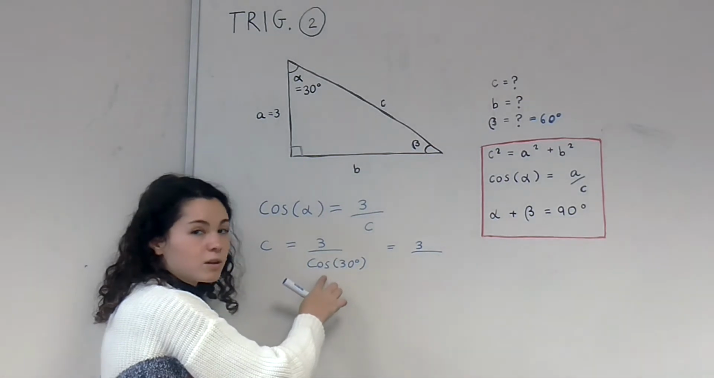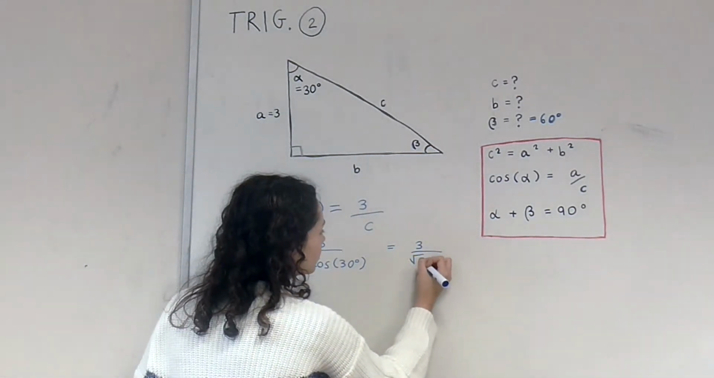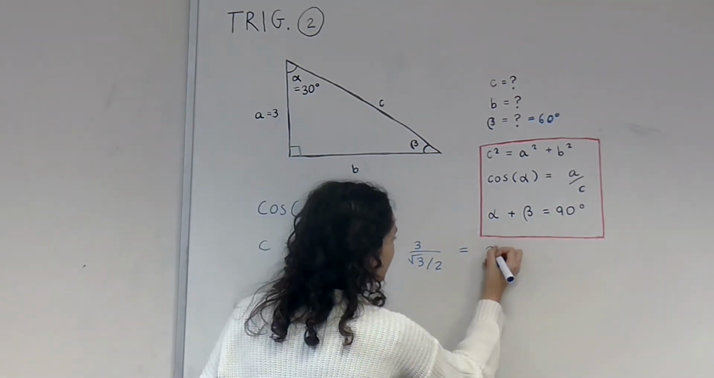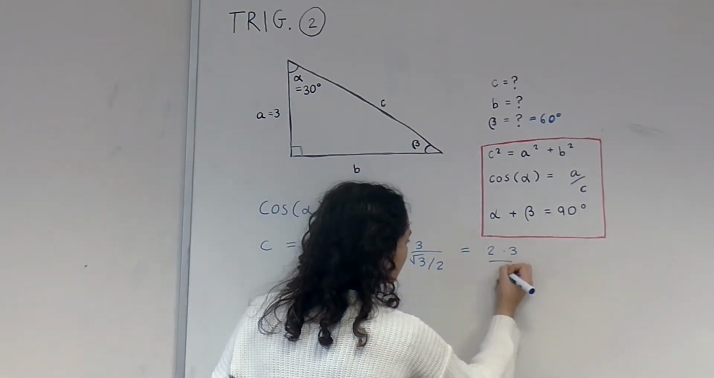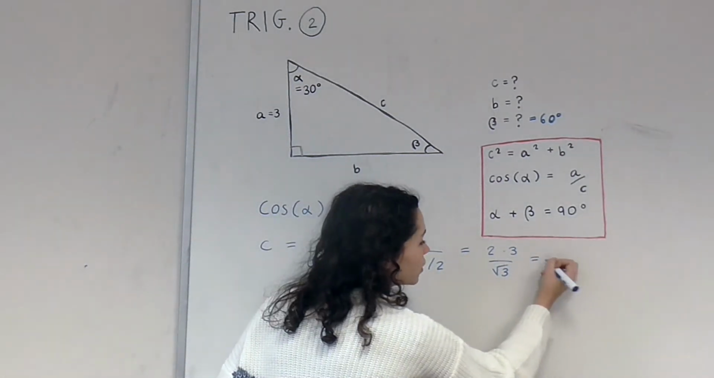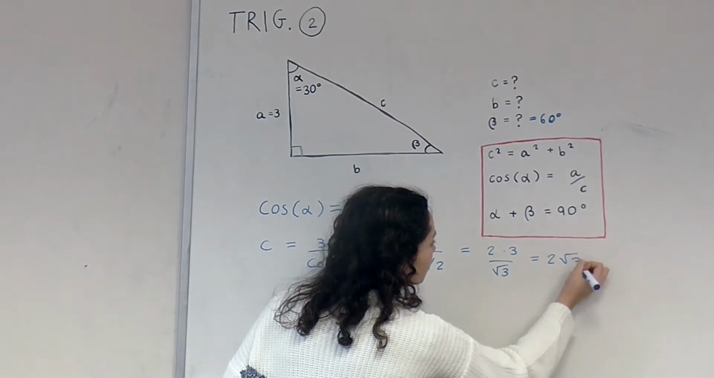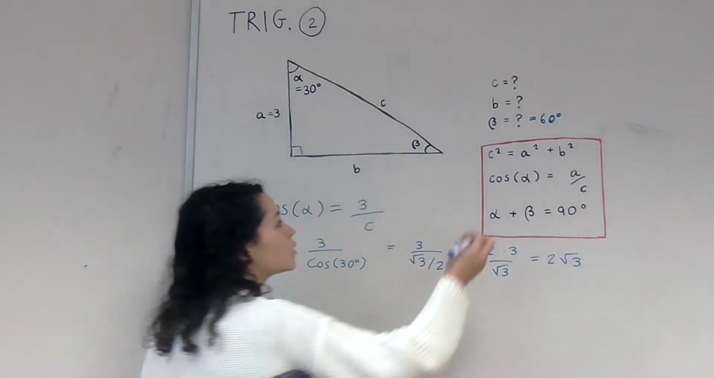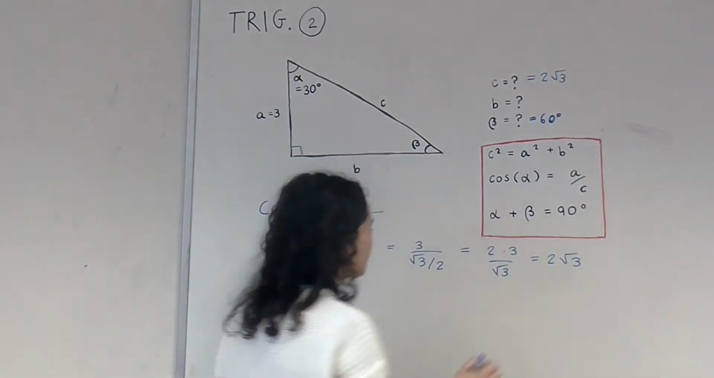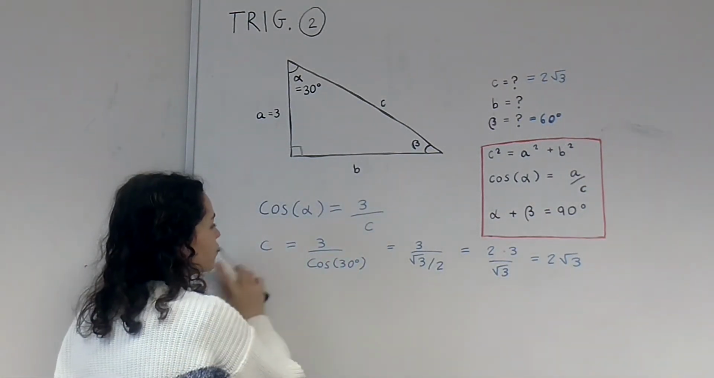So cos of 30 degrees is actually equal to this. And by rearranging, you will get something like this, which will give you this value of C. And I'm also going to write that up here just so we can keep track and I can erase it. So now that we have our C,